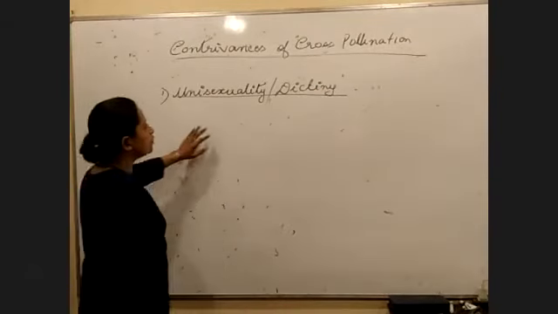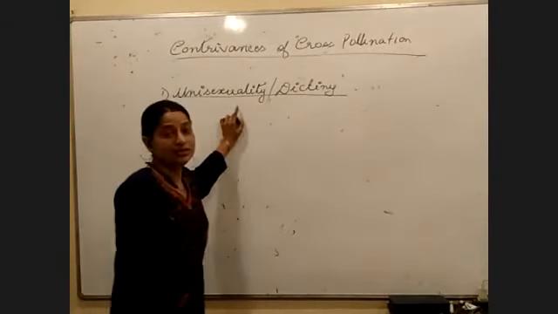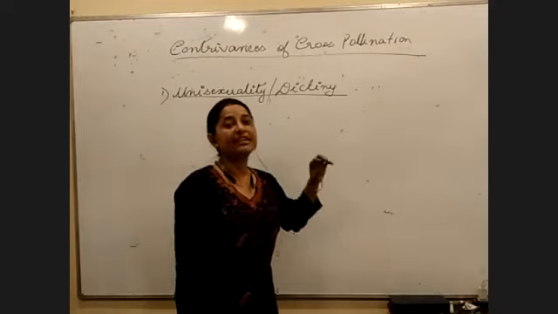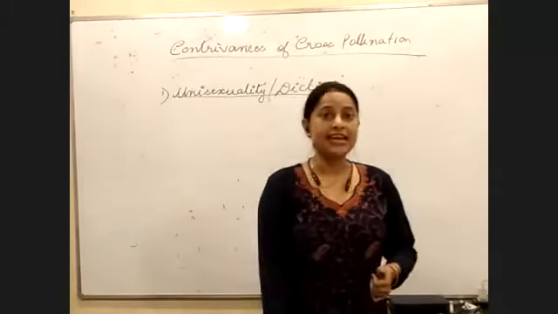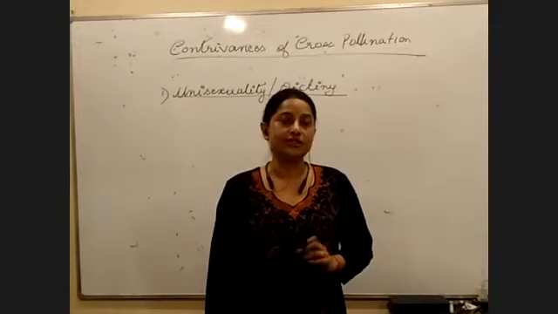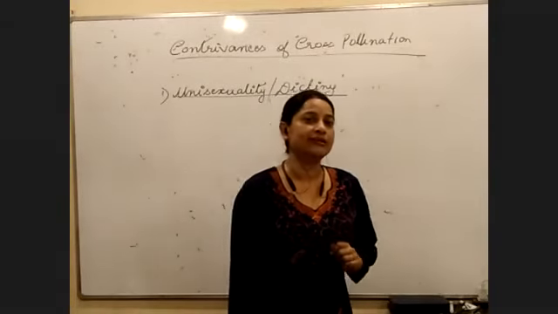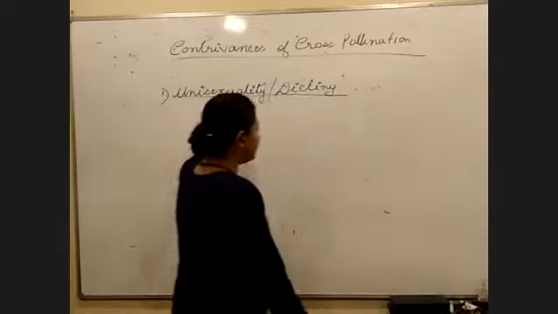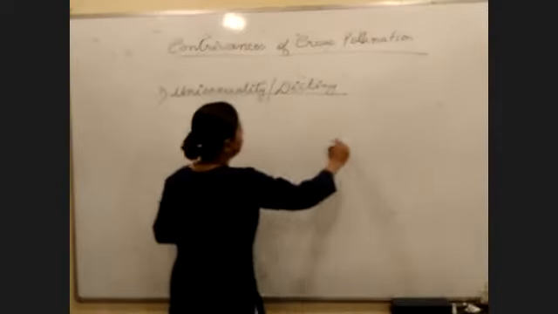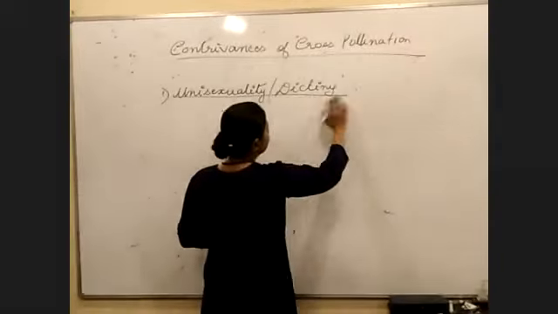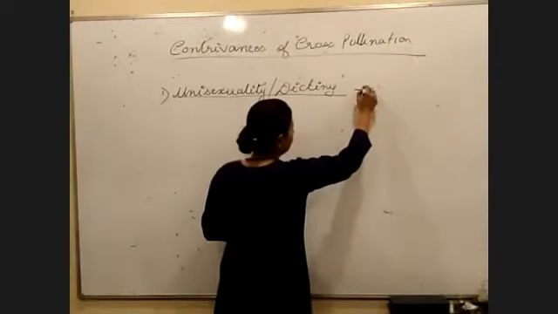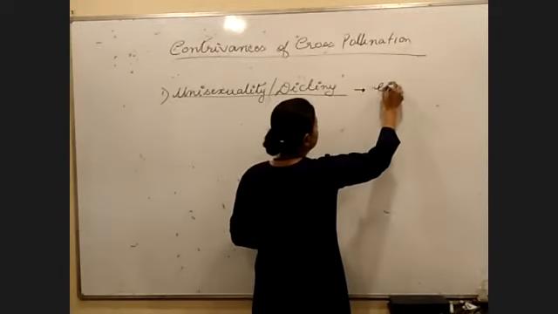In case of cross-pollination, we have used the word unisexuality. If the plant has unisexual flowers, then it will undergo cross-pollination. If a plant has bisexual flowers, it will undergo self-pollination. So here I have the first key for it, unisexuality. Unisexuality is also called dicliny. It means either the flowers